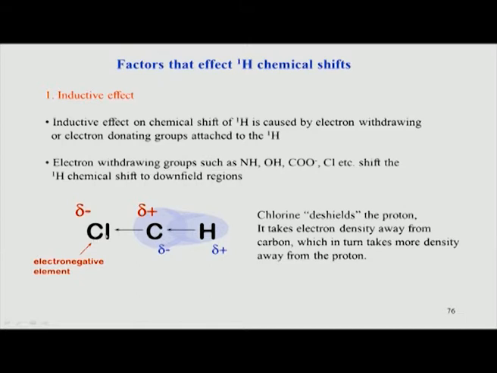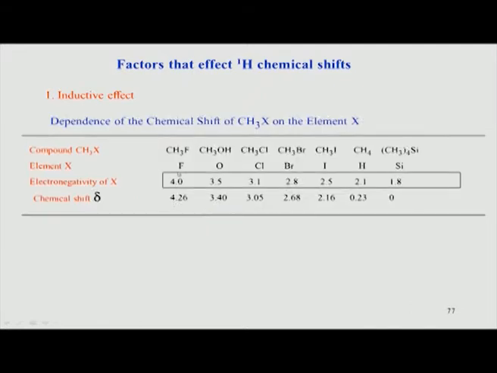If there was another hydrogen here instead of a chlorine, then this would become a methylene group, a CH2 group, and that would not have so much of a de-shielding effect, because hydrogen is not so electronegative compared to carbon. Therefore, in a CH2 system, the hydrogen will appear in the regular upfield shifted position. But because of the attachment of a chlorine atom to a carbon to which hydrogen is attached, this hydrogen becomes de-shielded and appears at a higher chemical shift value. So, this is one simple idea of the inductive effect, and it can be further extended to more systems.